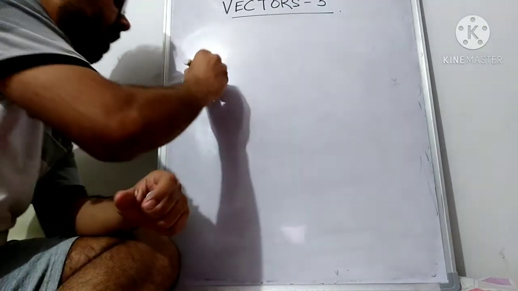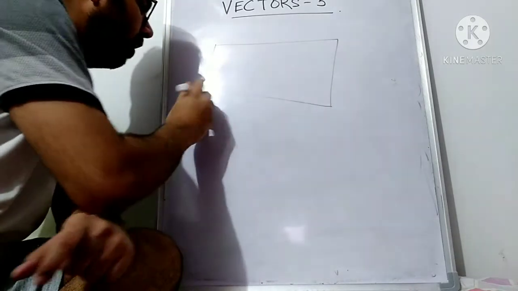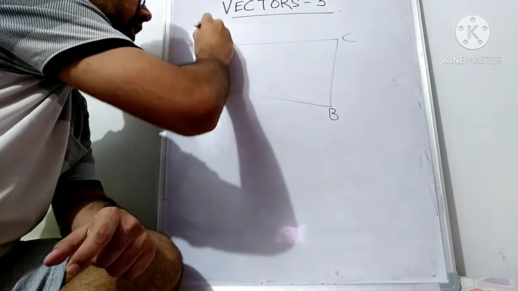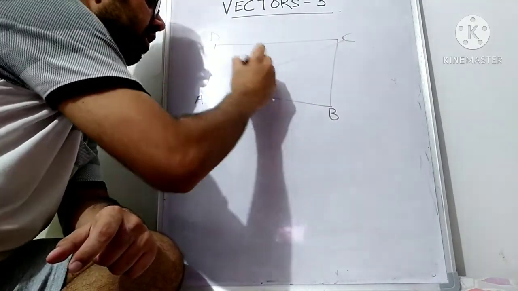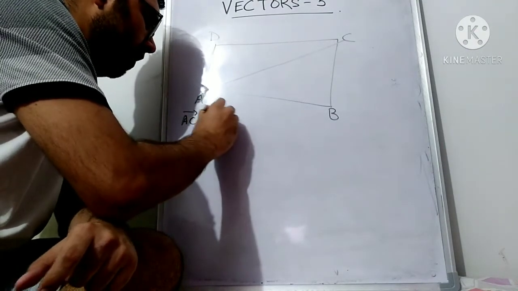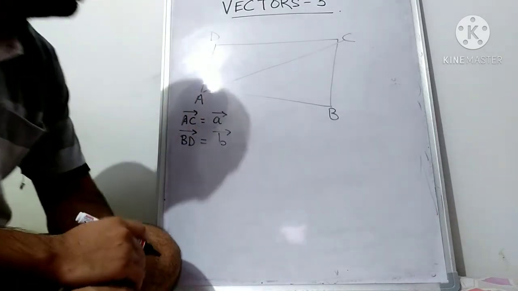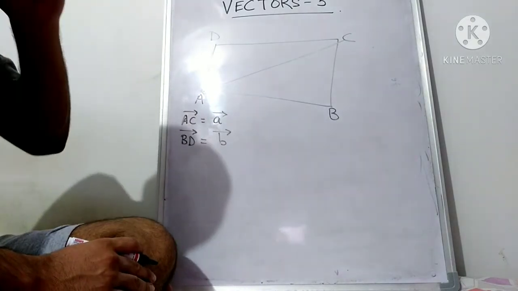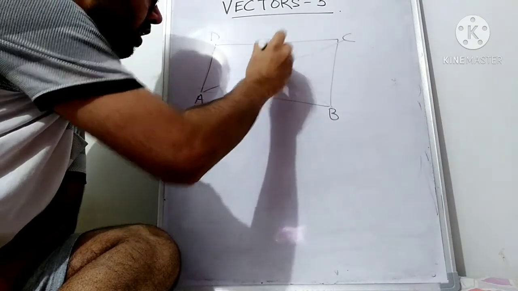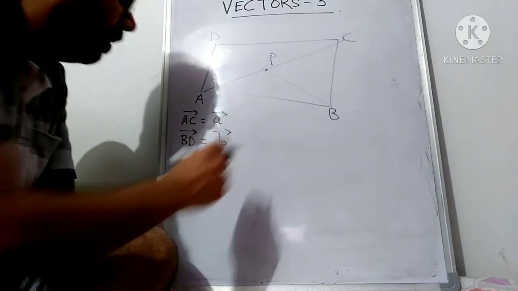Suppose we have a parallelogram like this. A, B, C, D. We have one vector, say AC vector is A vector, and BD vector is B vector. So the parallelogram is like this, and this is point P. So if I want to find the area of the parallelogram, what I will do here, I can write area of